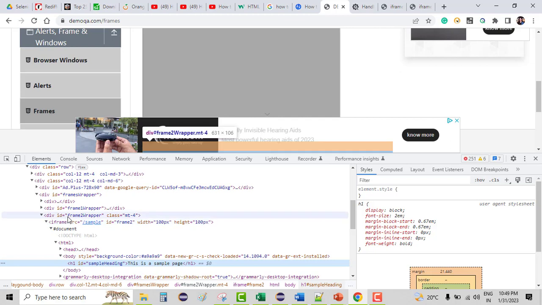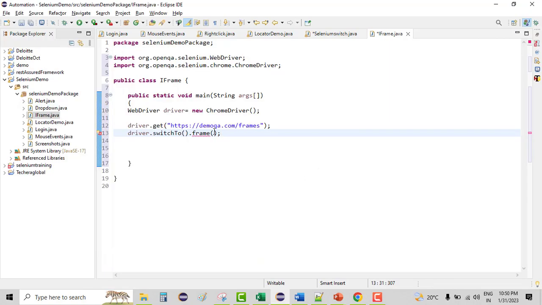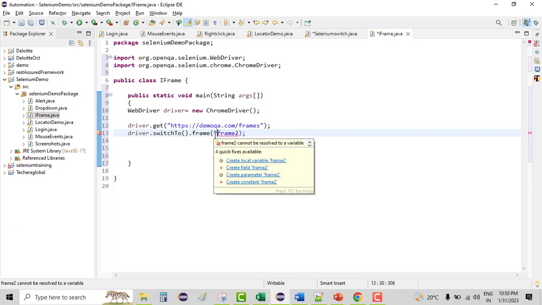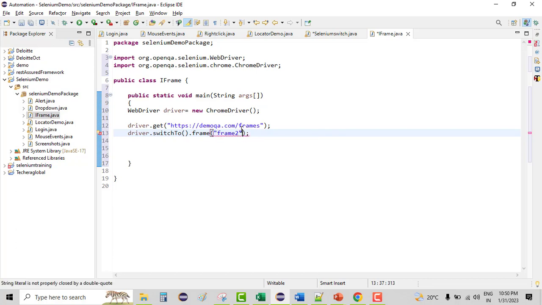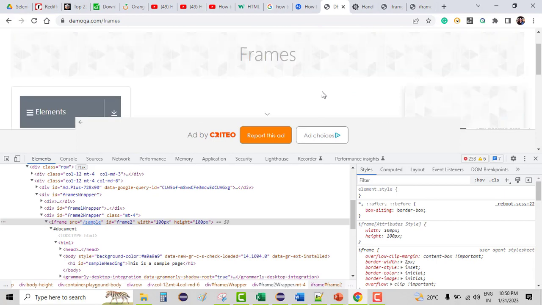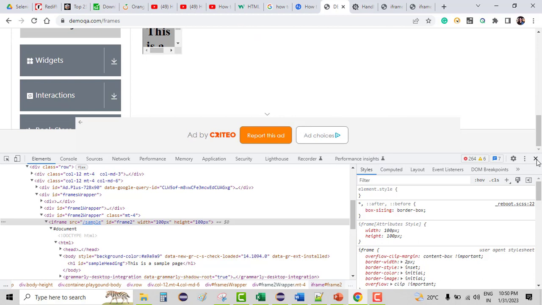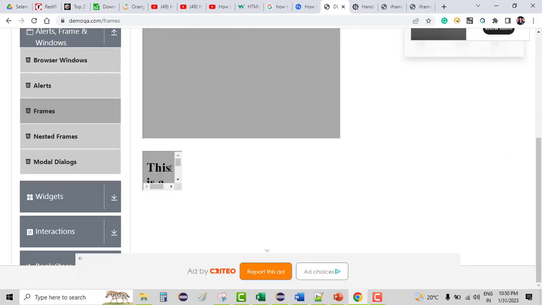So you can see here iFrame. Yeah, ID is equal to frame 2. Okay, this is the name. So I can do By ID frame, and I'm passing the frame ID. So by ID we can pass the ID directly. After switching there, I can do some action on it. Let's say after reaching there on the frame,